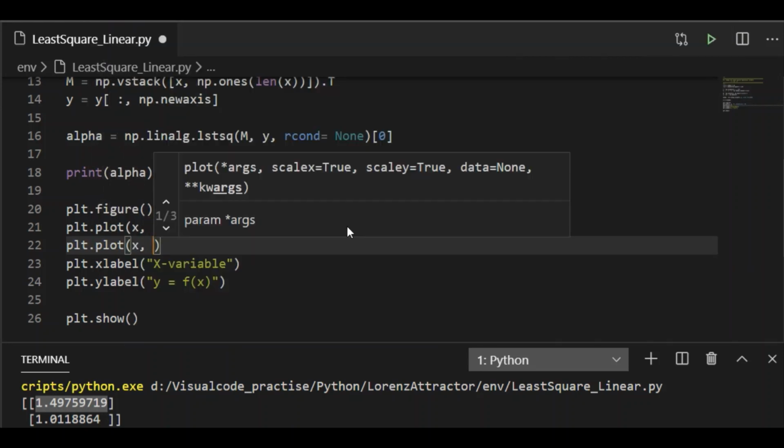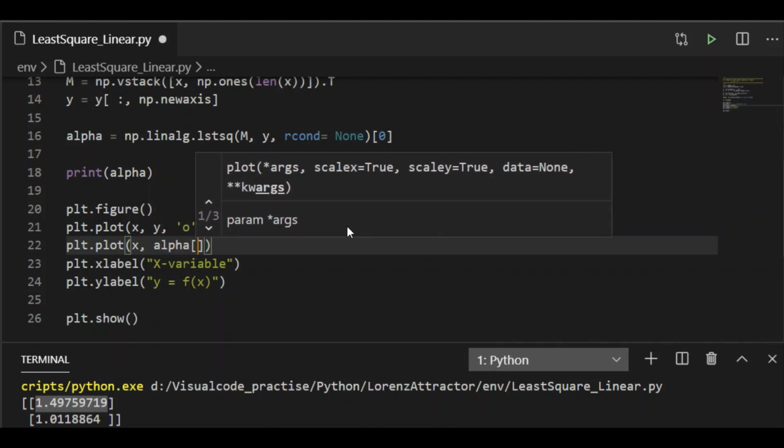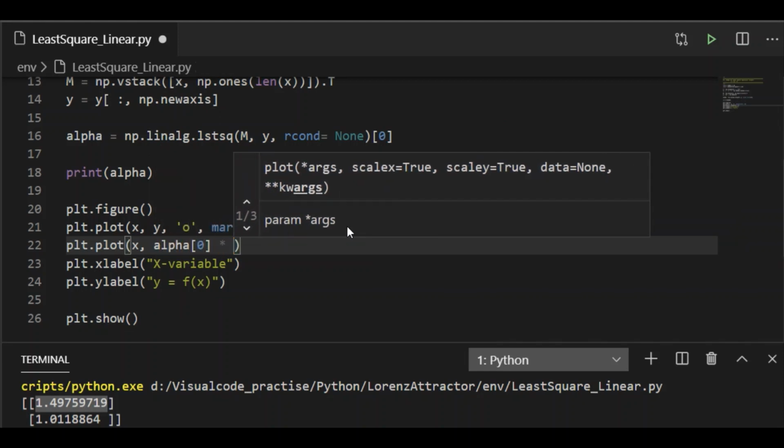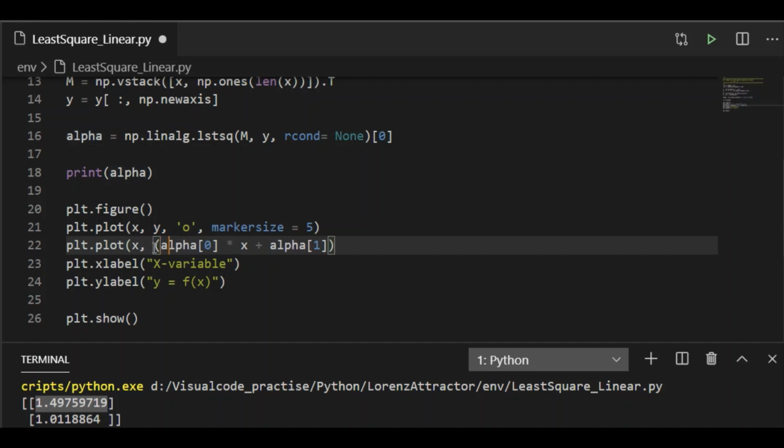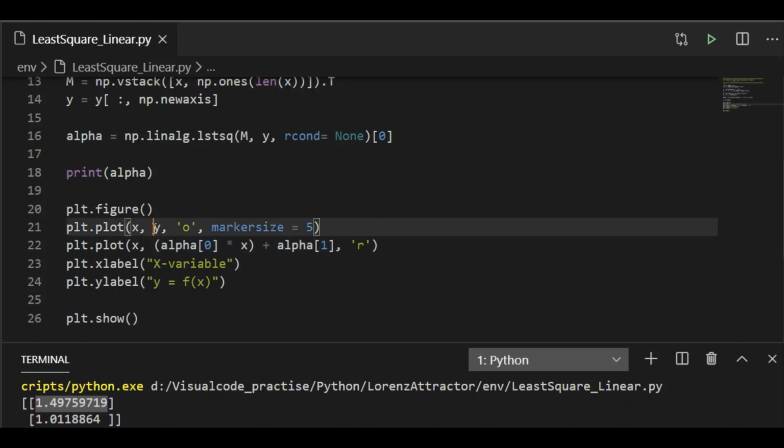Let us plot this line of best fit by calling the plot routine in matplotlib and pass x, the independent variable, and y, which is a function of x. Here y equal to ax plus b. A is the value of alpha 0 and b is the value of alpha 1. As we know, a equal to 1.5 approximately and b equal to 1.